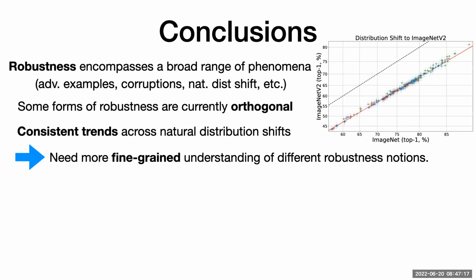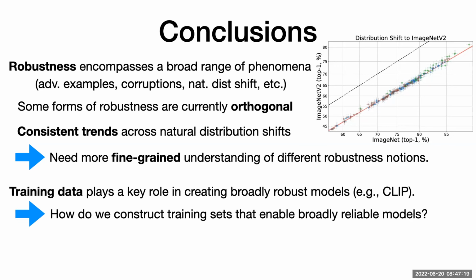And as I mentioned, one really interesting direction at the moment is how can we improve the pre-training data? In all of the natural distribution shifts that we looked at, we saw large improvements from pre-training on more diverse image data. And I think this is something we currently, as a community, have relatively little guidance for, right? All of the research we typically do happens in the context of one or a couple of benchmark data sets. So someone gives you a training set, and then we iterate on the model side to improve the accuracy.